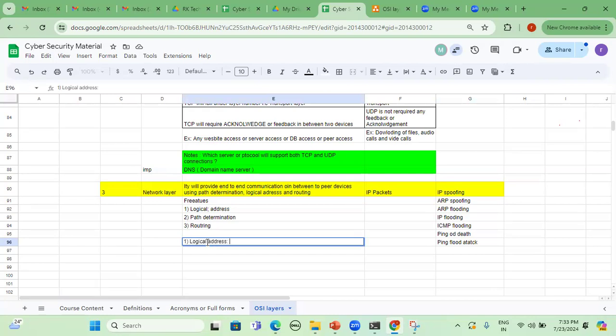So what is meant by logical address? It's a virtual address. That particular virtual address is sent to each and every computer, device, or asset connected in the computer network. So that particular IP address is called a logical address.